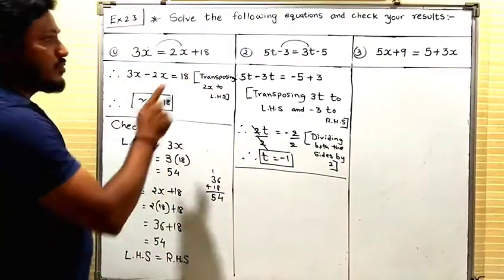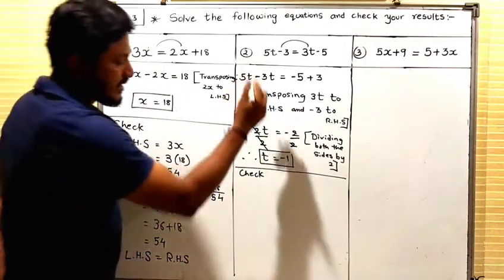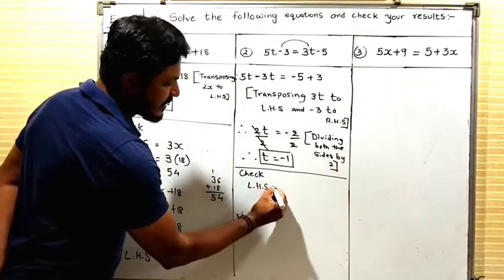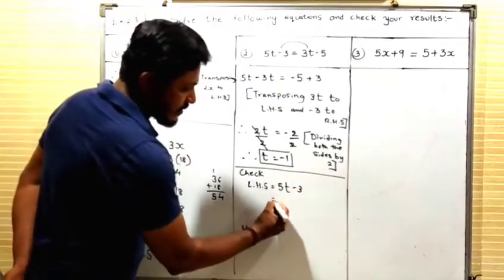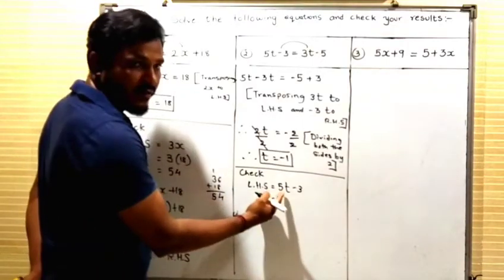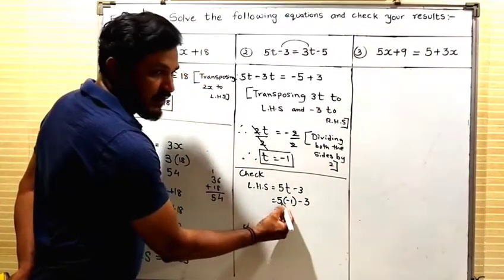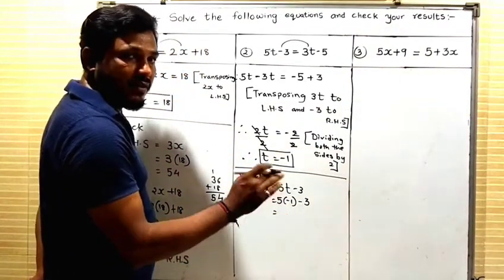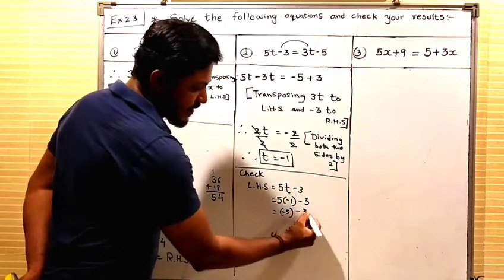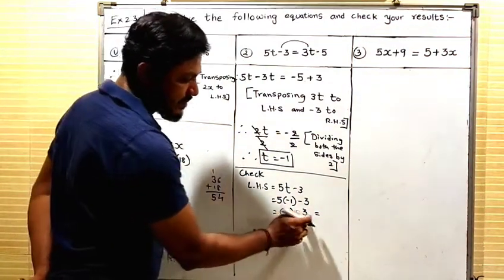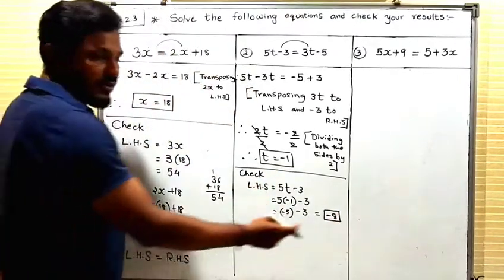So what I will do now, I need to check whether my both sides are equal or not. First I will check my LHS, left hand side, that is 5t minus 3. Now in place of t, I will substitute the value of t with -1. Now -5 into -1. Negative into positive will always be negative. The 5 ones are 5, that is -5. And -3 is the value of both. Minus minus always plus. -5 and -3 gives -8. So dear student, on my left hand side I got -8.